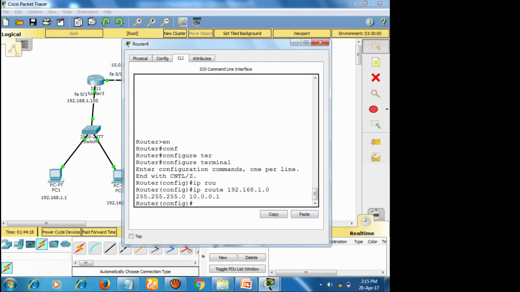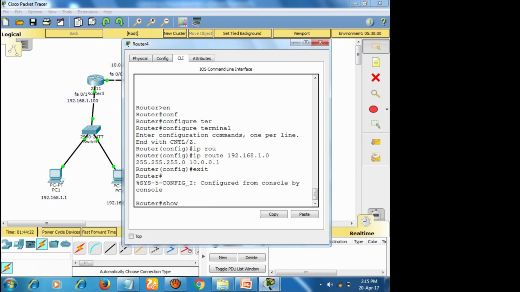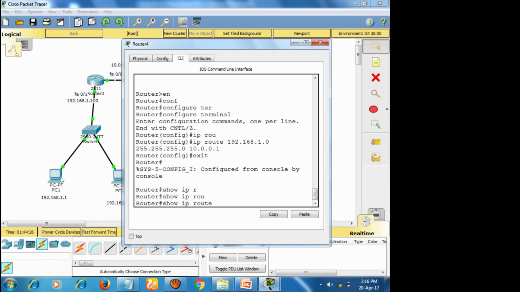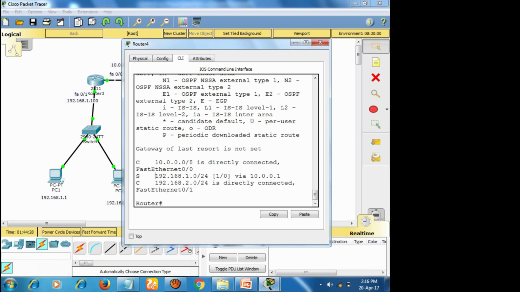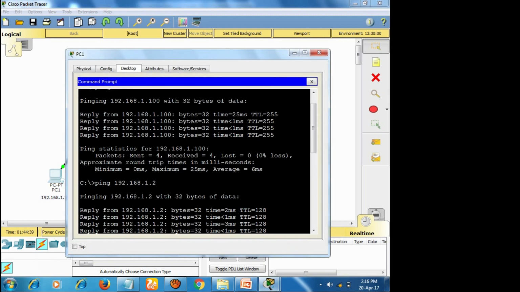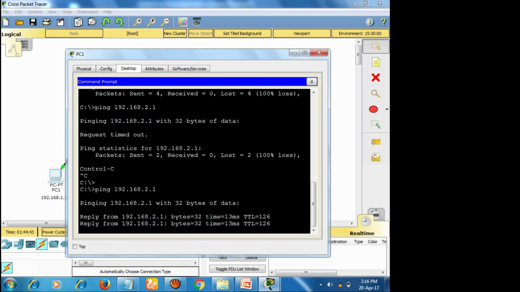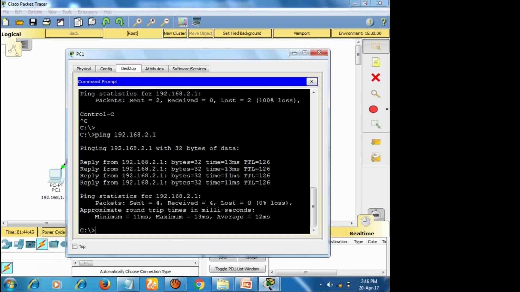Just enter and come out, and you can check the configuration with show IP route. Look at here, the static 192.168.1.0 is via 10.0.0.1, right? So now you can ping. Now I am able to get a reply.